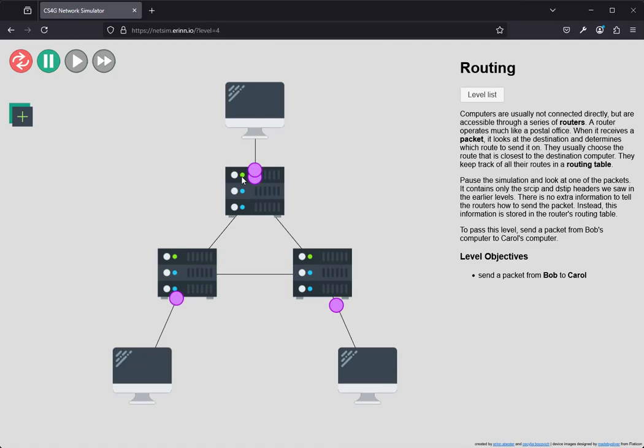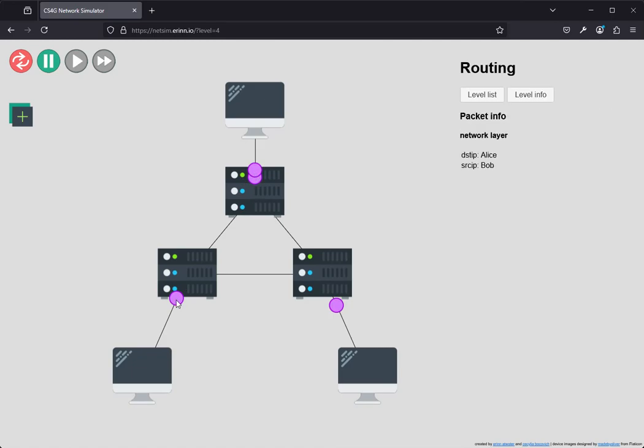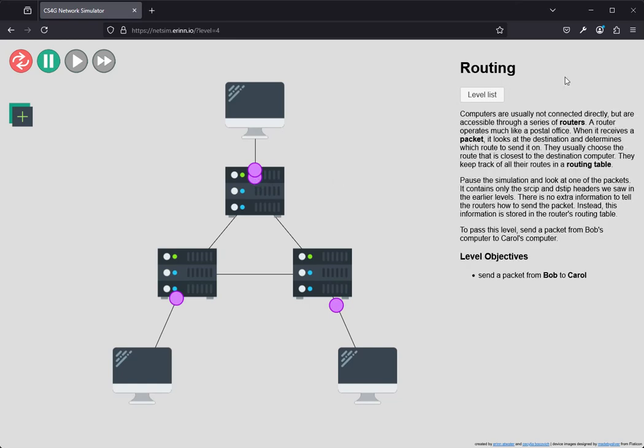So I've already paused the tutorial simulation. So we can see this packet here is going from Alice to Bob, and this is going from Bob to Carol. We've got this one going from Carol to Alice, and this one Bob to Alice. So in order to complete this objective, we need to create a packet that will send data from Bob to